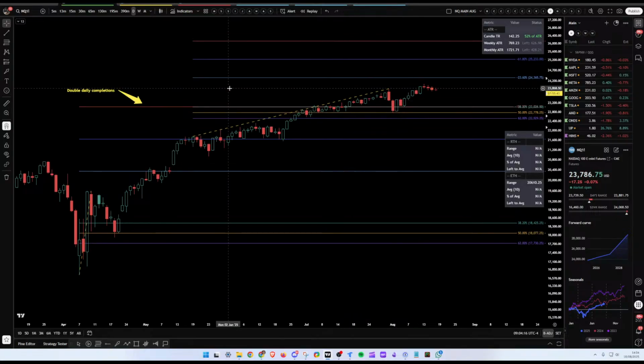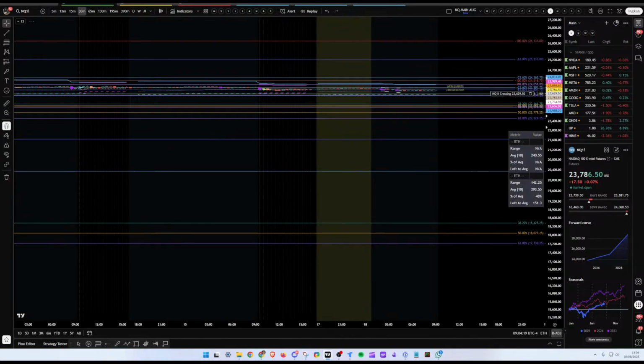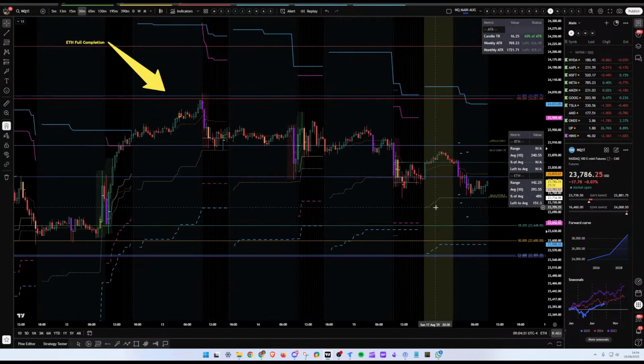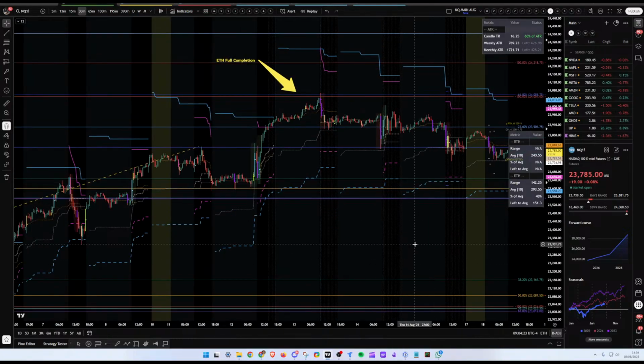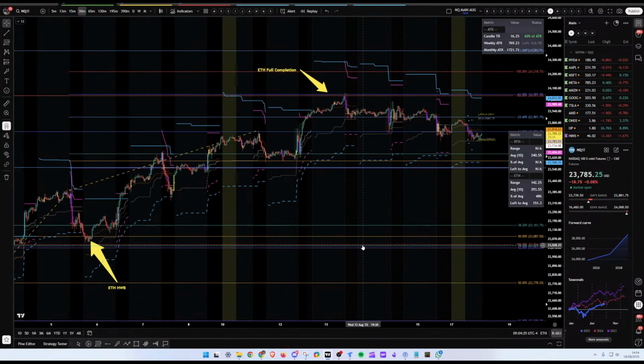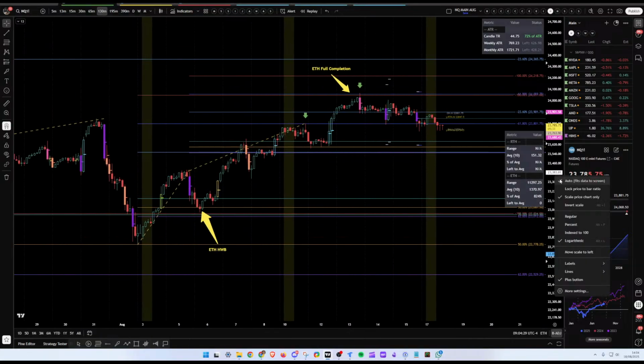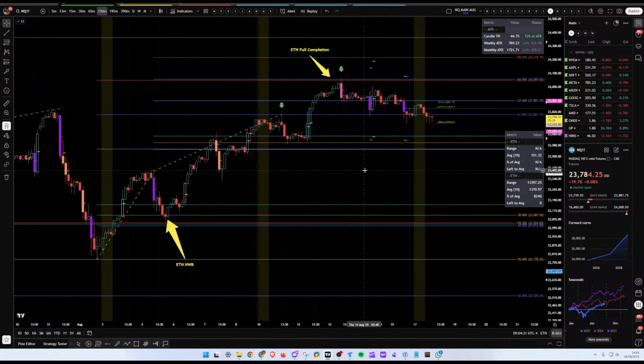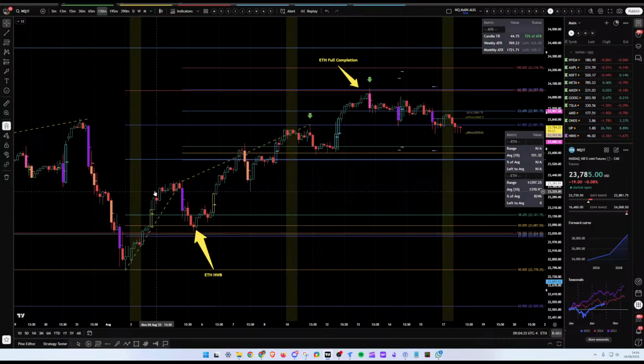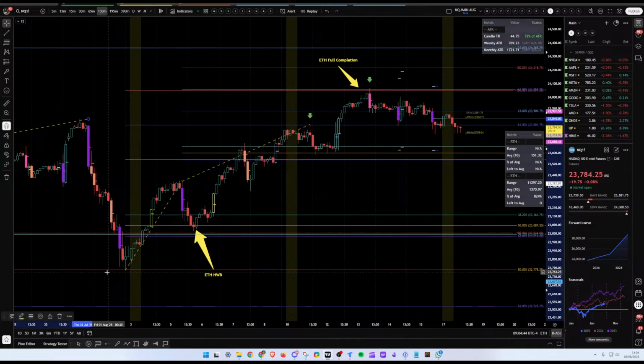But going into more of a lower time frame point of view, because those daily levels take time to trade, in terms of the lower time frame levels, there is the extension from last week, which I want to bring your attention to just so you can see what I'm looking at. And this is an ETH draw. So this is actually traded on the electronic trading session. There wasn't anything tradable on the RTH that is basically on a half an hour to a 2 hour candle for me. So all I could see is the daily 50 that held.